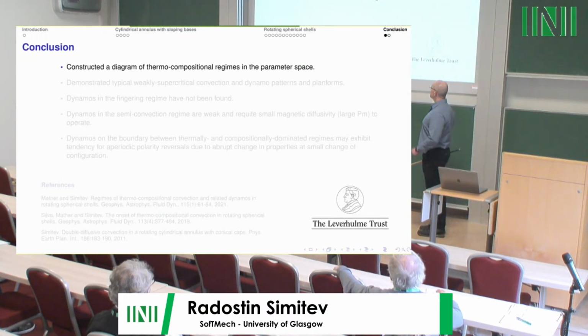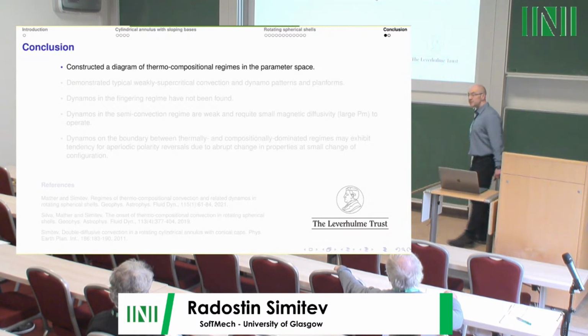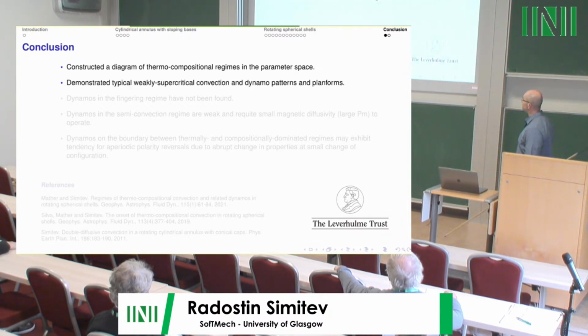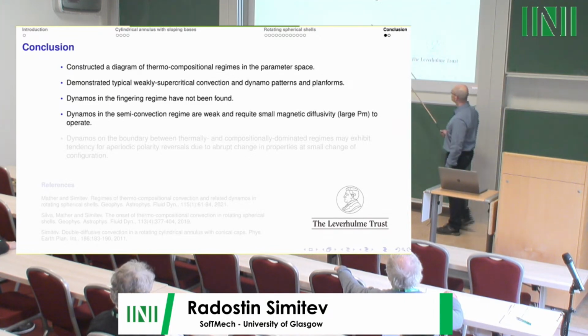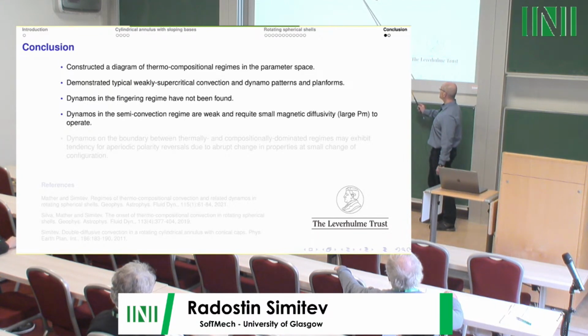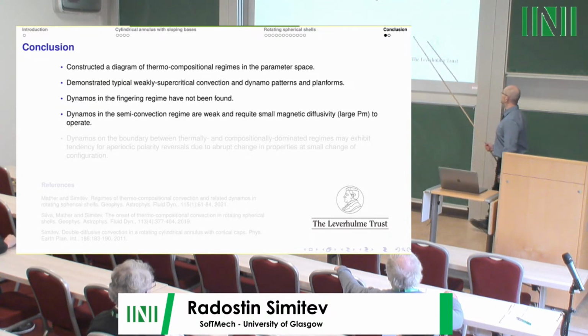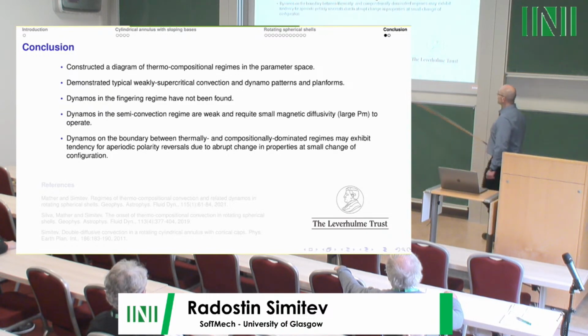What I've presented is a diagram of thermo-compositional regimes in the parameter space. We've demonstrated some typical weakly supercritical convection and dynamo patterns and planforms. We were not able to find dynamos in the fingering regimes, but the dynamos in the semi-convection regimes exist. They're rather weak and require very small magnetic diffusivity, so large values of the magnetic Prandtl number to operate, which is somewhat disappointing. The dynamos between thermally and compositionally dominated overturning regimes are similar, which perhaps justifies the use of